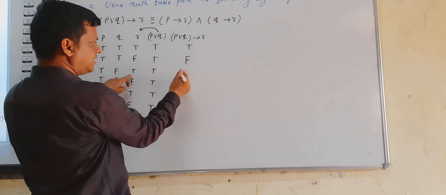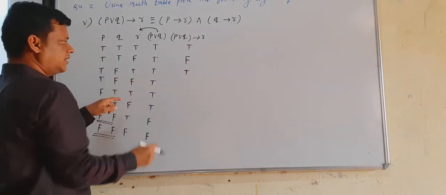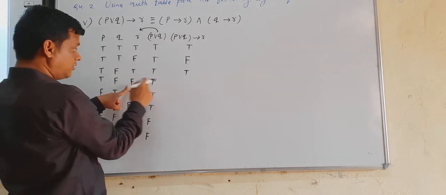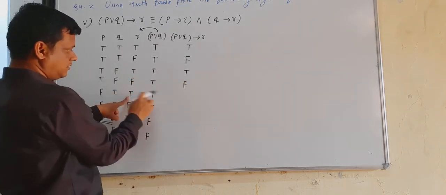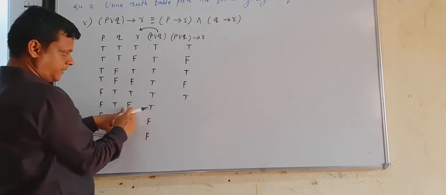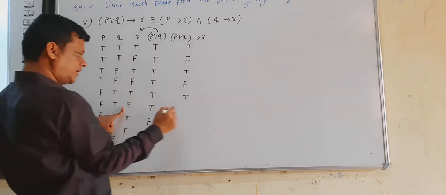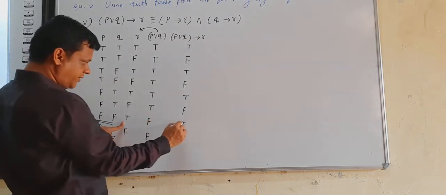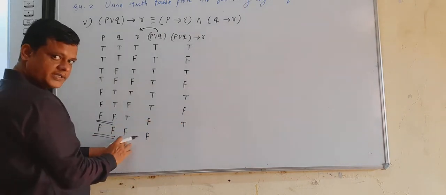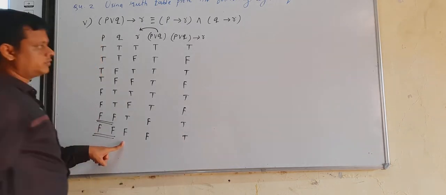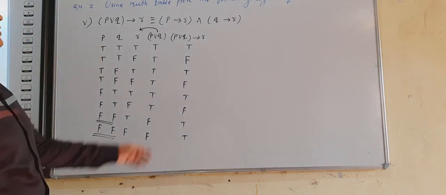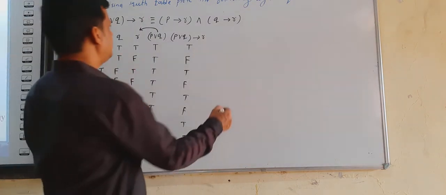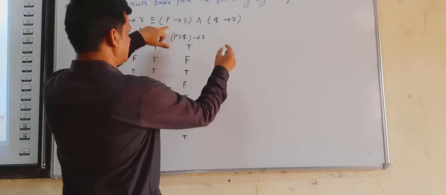Now here both the statements have the same truth value, that is T, T, therefore its result is true. Here both the statements are not of the same type, therefore the result of the second statement, that is F. Same truth value, so true. Not the same truth value, so the result of the second statement is false. These are the entries for the LHS. Now we prepare for the RHS.